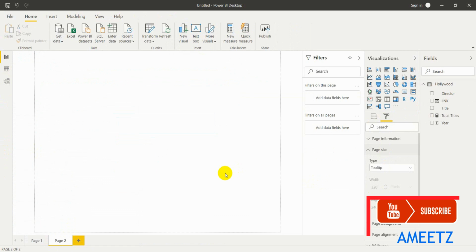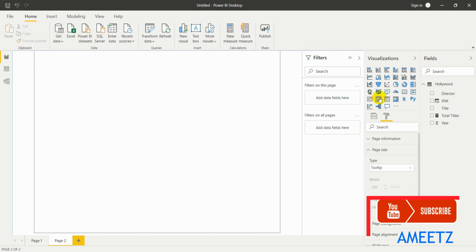Here I'm just showing you how to add a picture. The rest of the data and other things you will know through a different video where I have explained what a tooltip and custom tooltip is and how to create it. In this case I'm just showing you how to add a picture so that you can practice it.